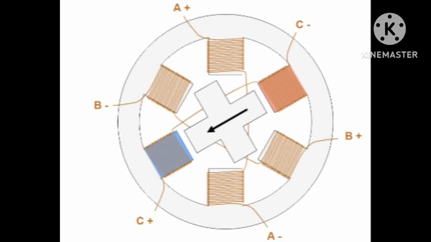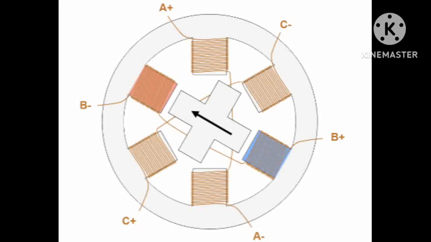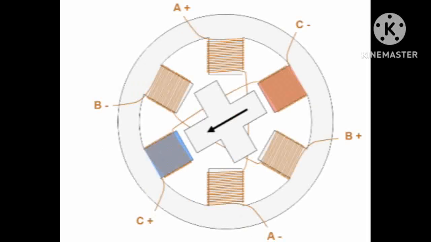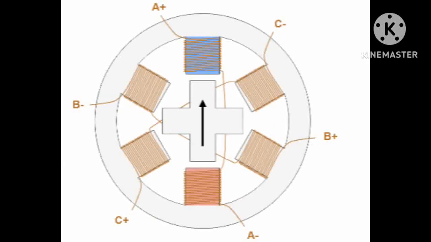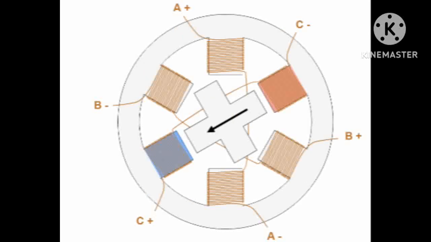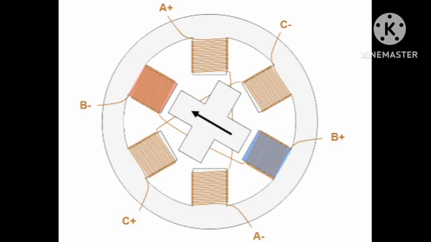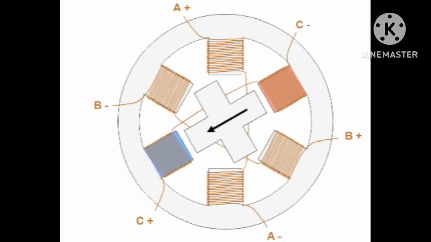When we give excitation to the phase A winding, flux is created. That flux always chooses the low reluctance path. If there is a low reluctance path, there will be a high permeability. When there is high permeability, the south pole attracts the north pole and the north pole attracts the south pole. This is due to the torque that is produced in the stator winding. The torque produced here is what we call reluctance torque.